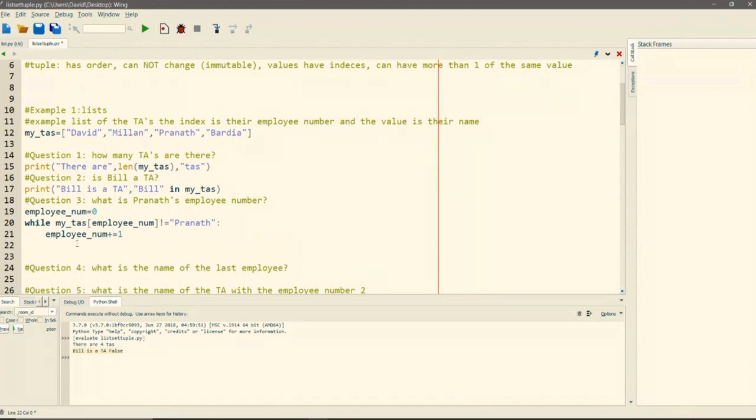So that's perfect. Okay, so next, finally, we just want to print it out, saying Pranath's employee number is, and there we go. So Pranath's employee number is 2.